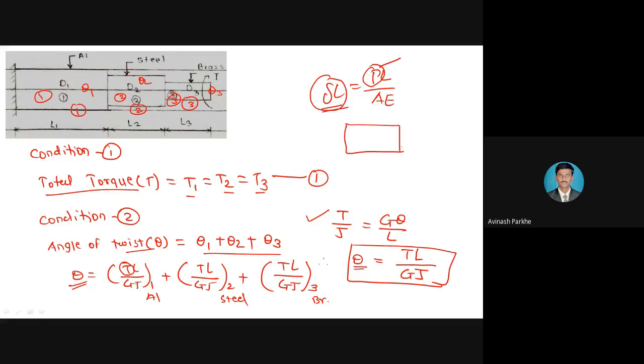This is shaft number 1. This is shaft number 2. But this shaft is totally free from the left side as well as the right side. If I have to make this shaft under torsion, what I will do is apply the torque at the left hand also, and I will apply the torque at the right hand also. But both the torques are opposite in direction.